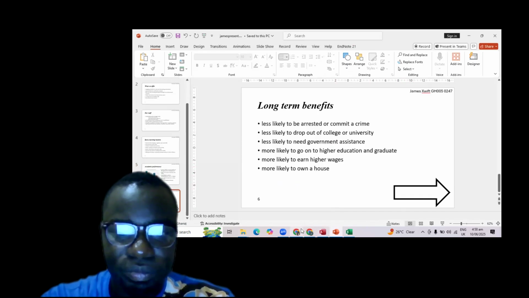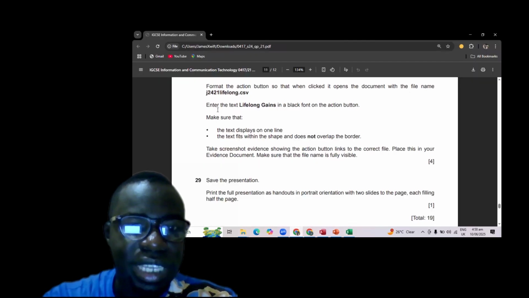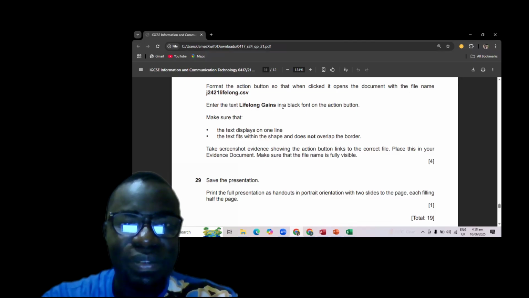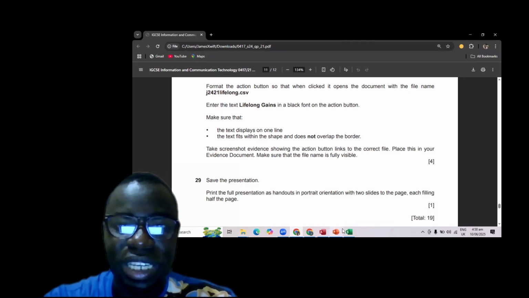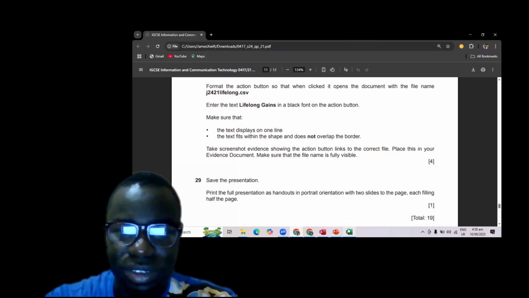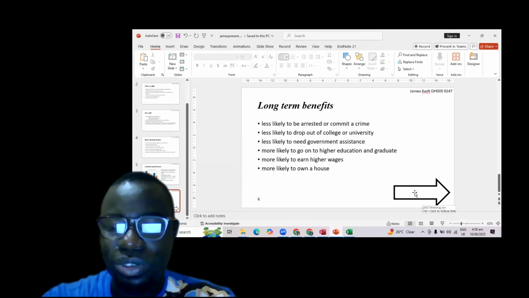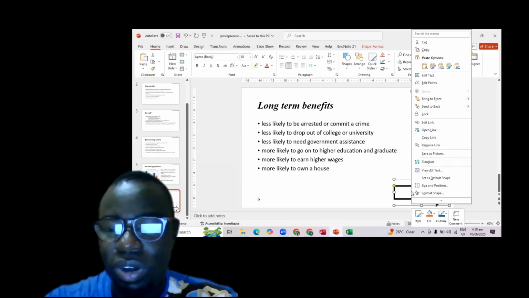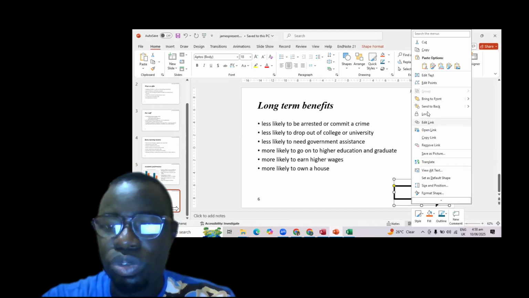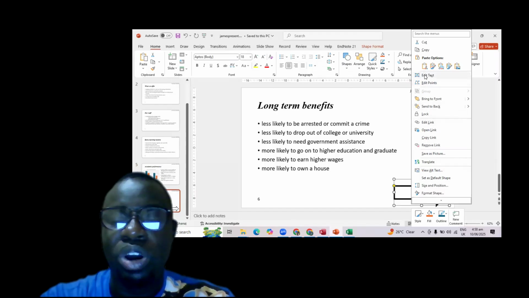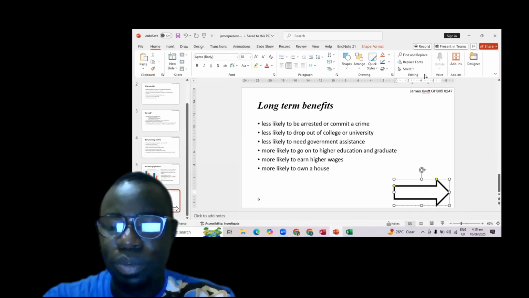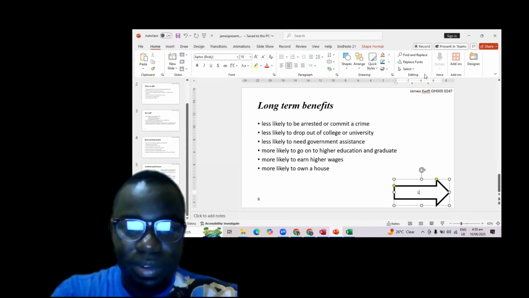Then the next one says, enter the text lifelong gaze in black font on the action button. All right, so let's go and do that. So they want us to name this action button. So right click on it to select it. Then go to edit text. All the way to the top, you see edit text. It puts a cursor there. Then type